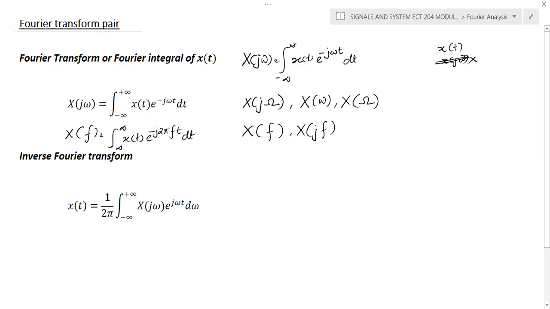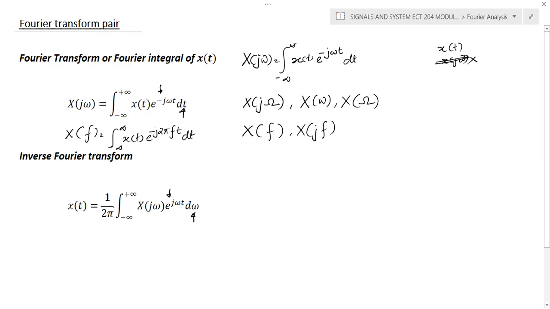And here is very important: in the Fourier transform we will use minus here, and in the inverse there is no minus. And in the Fourier transform the variable is t. Now we are integrating with respect to omega, because we are in the frequency domain. So X of j omega into e raised to j omega t d omega. And here you can see an extra term 1 by 2 pi.